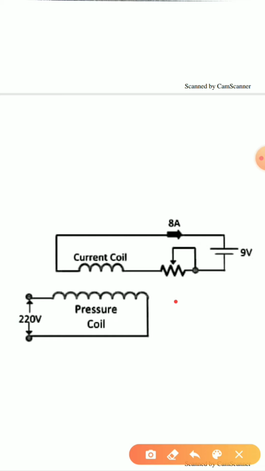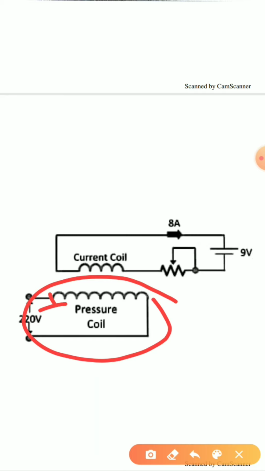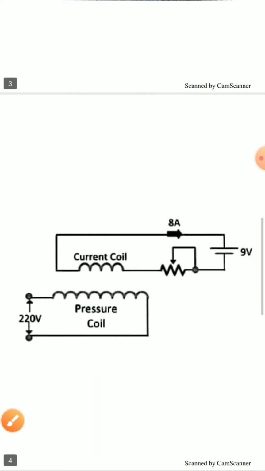Now we can see that the total power supplied for the test is due to the small pressure coil current, because the resistance of the pressure coil is very large, therefore a small pressure coil current at normal voltage, and due to the current coil circuit for a current which is supplied using low voltage. These two are responsible for whatever power loss is happening.